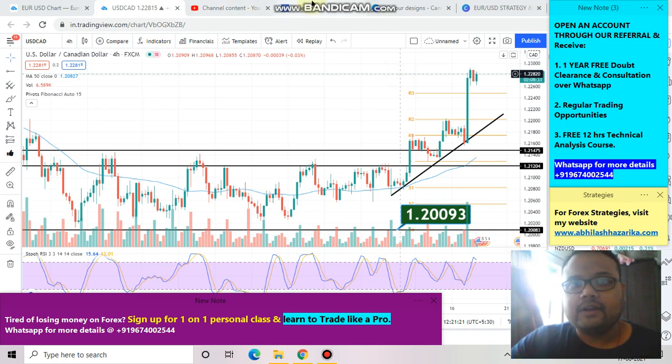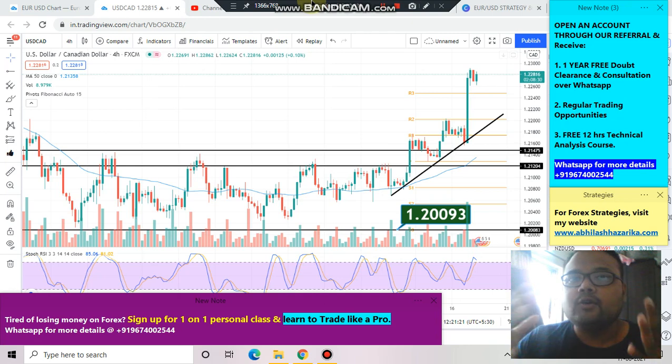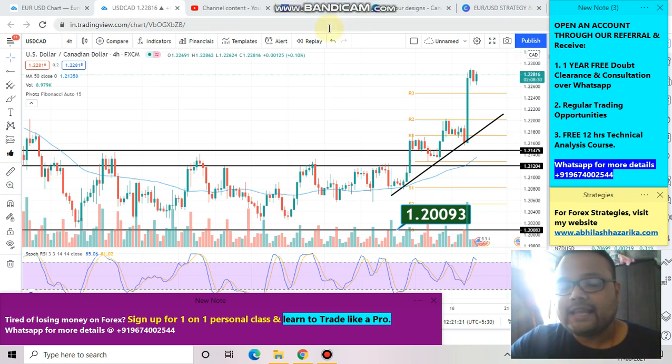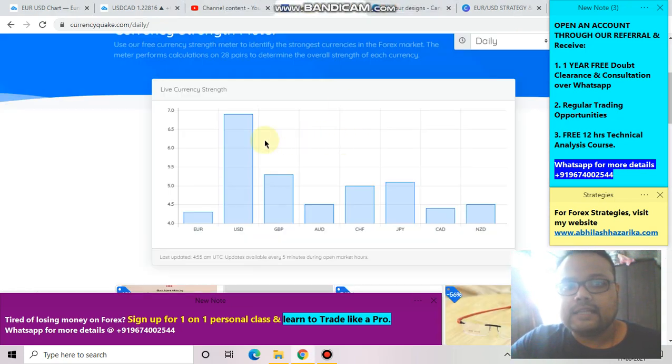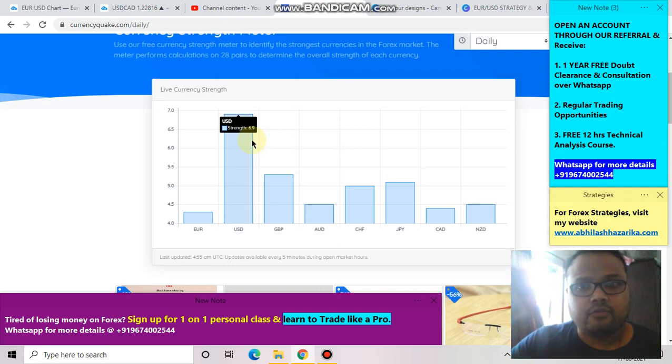US dollar became very strong, and there was huge selling pressure on currency pairs like GBP USD, Euro USD, and on currency pairs like USD CAD, USD JPY, there was good buying pressure. And still we can see that US dollar is very strong for the day because this is the currency strength meter and this is the daily chart. So we can see that US dollar is still standing tall in comparison to other currency pairs. So therefore,